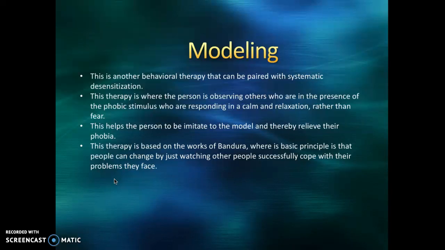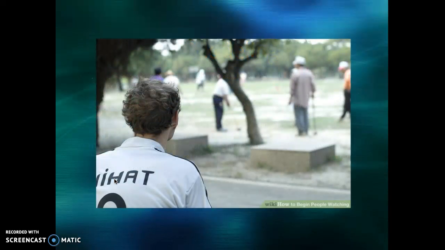Systematic desensitization is the number one highly effective behavioral therapy, and pairing it with modeling works the same way. When in a deeper stage of systematic desensitization, you're watching someone else have the spider on their arm, and you see there's no harm, so you take it on your arm. And this is the third way for behavioral therapy.